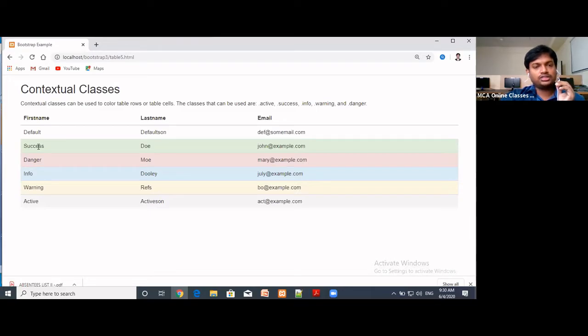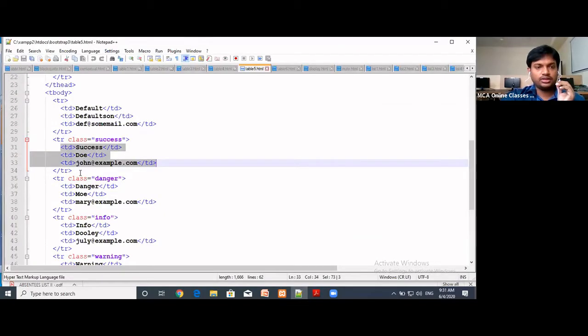Like this, we can add different colors to the rows by using these contextual classes. If you want different colors for different rows, we can use these classes. Just add the class to your table row.